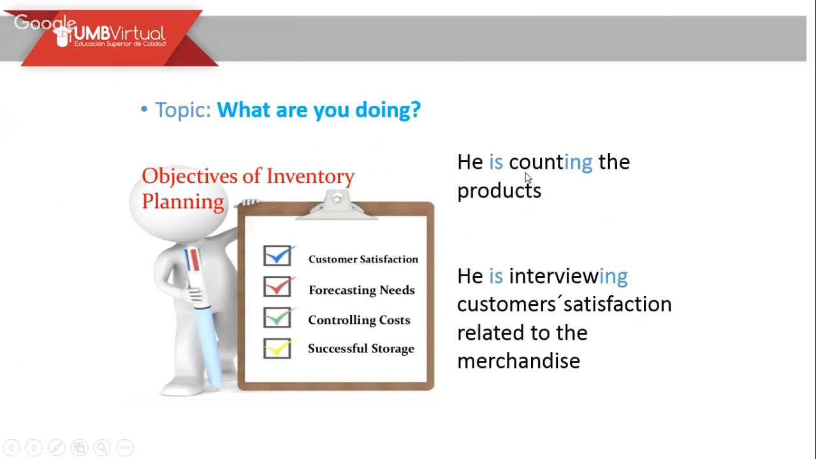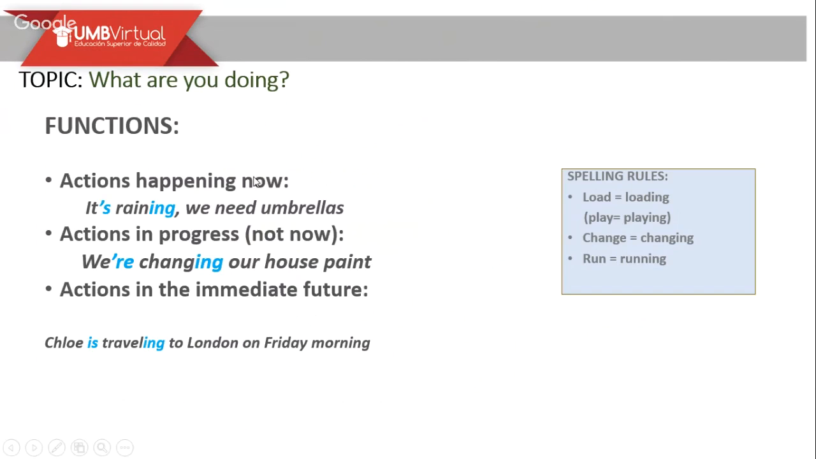For the first one, we have the verb to be plus verb followed by ing, and for the second one, it is going to be pretty much the same. If we have here you, another person, we're going to conjugate it with are. It depends according to the subject we have at the very beginning of the sentence. Okay. So functions: actions happening now,